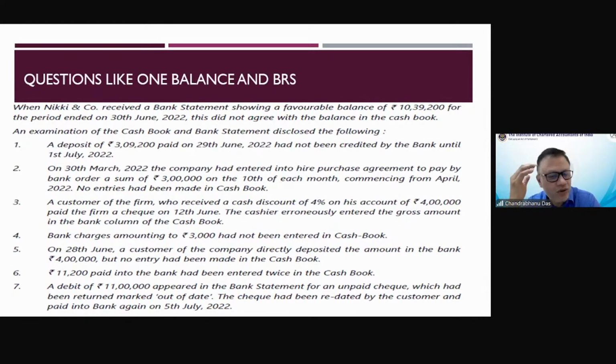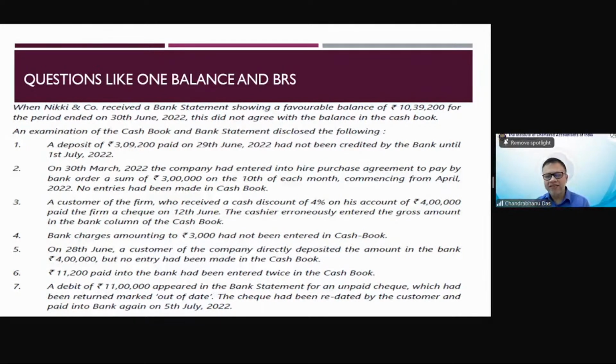So what the flow is, that 11 lakhs is an unpaid check, but it was again redeposited by the customer. So it is coming under a check which is deposited. Okay, now out of this, one error we located is